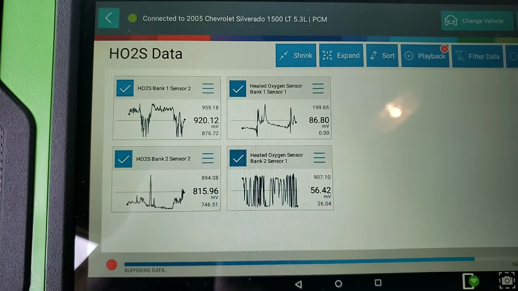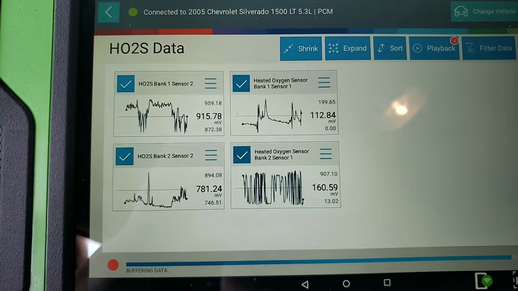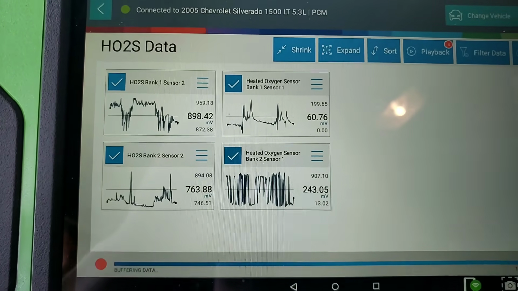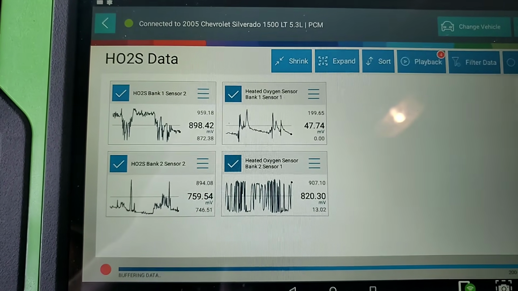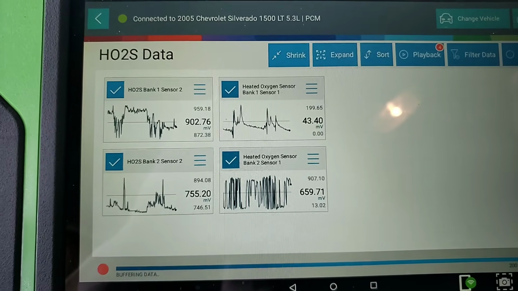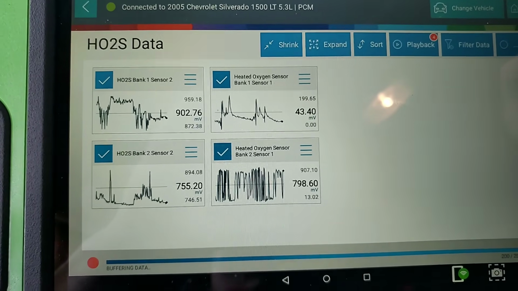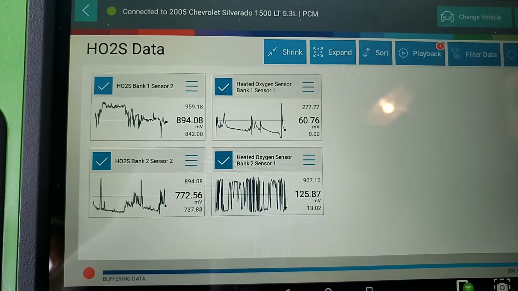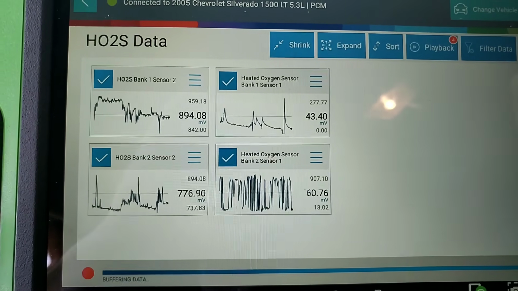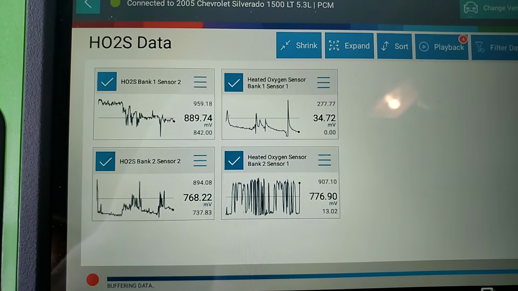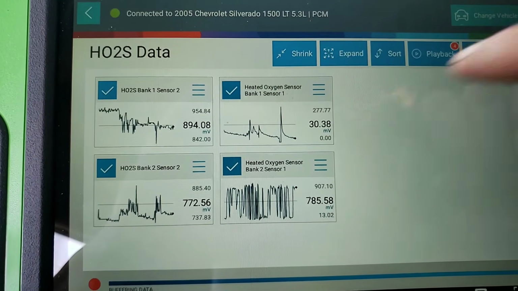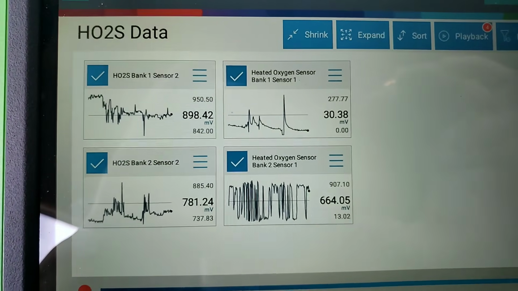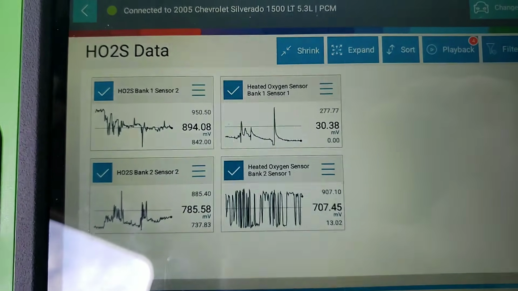I'll give it a quick snap. Absolutely, we should have been pinned there. We should have been well over 800 millivolts. So, we have a bank 1 sensor 1 that has failed. Remember, even if you had, I really don't care what you had there, a vacuum leak, anything at all like that, even an injector that wasn't firing 100% proper, you would certainly get at least above the threshold voltage. This one needs a bank 1 sensor 1,